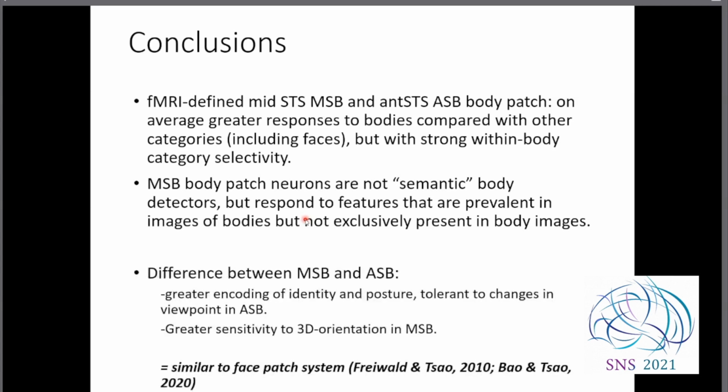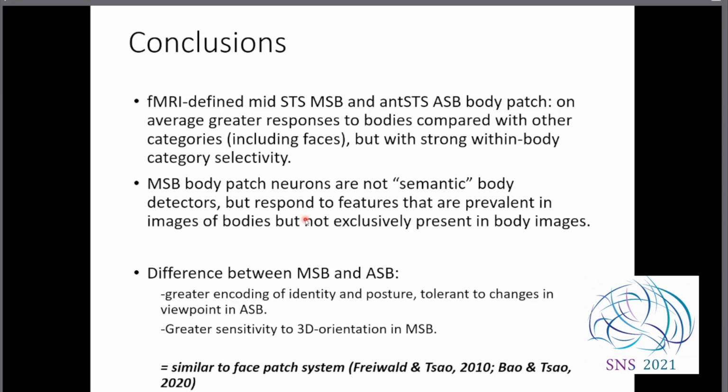And then I showed that there is a difference between these body patches, between MSB and ASB. You have a greater encoding of identity and posture that's tolerant to changes in viewpoint in ASB compared to MSB. And you have a greater sensitivity to 3D orientation in MSB compared to ASB. And this is, in fact,